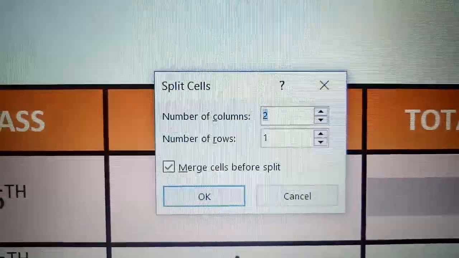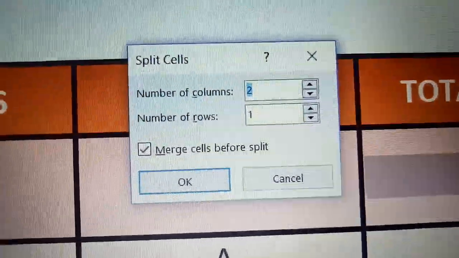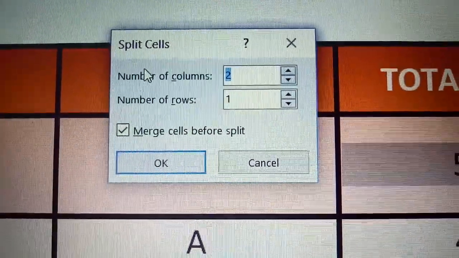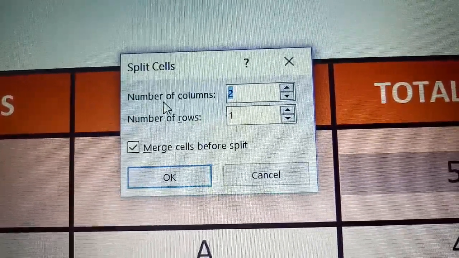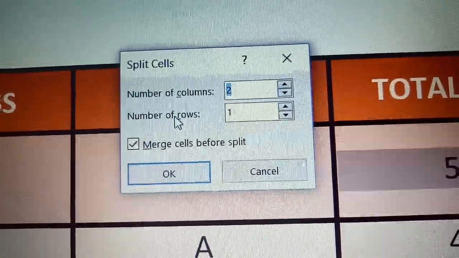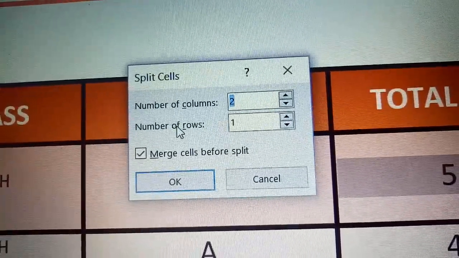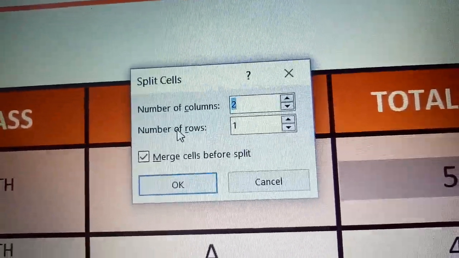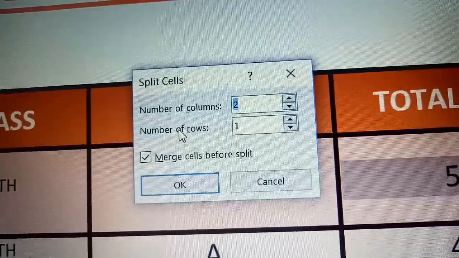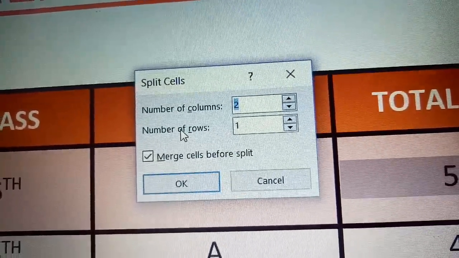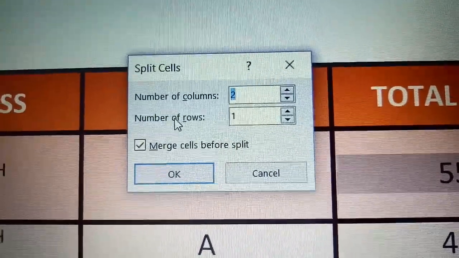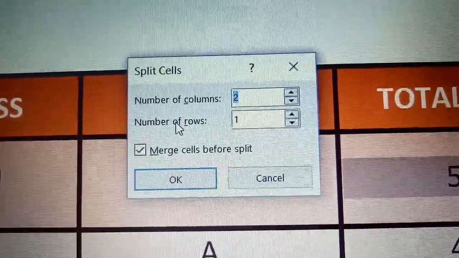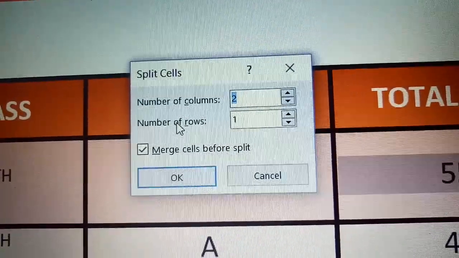Now when you click on the split cells option, it is asking you whether you want to divide the cell into a number of columns or into a number of rows. That means column wise I can divide the cell, or else row wise also I can divide the cell. Means the same cell can become 2-3 separate cells, column wise or row wise. Okay, that is depending on you.